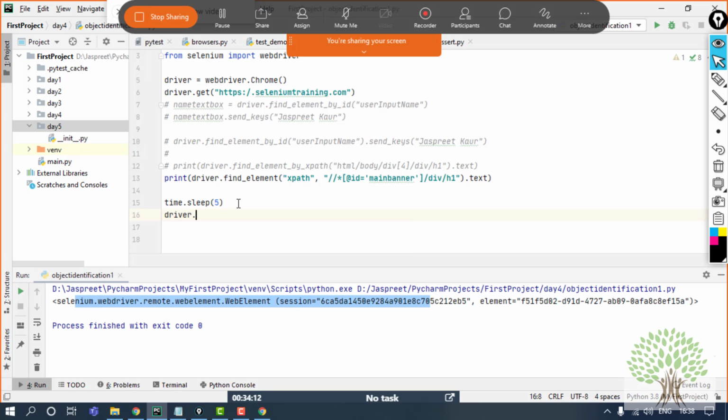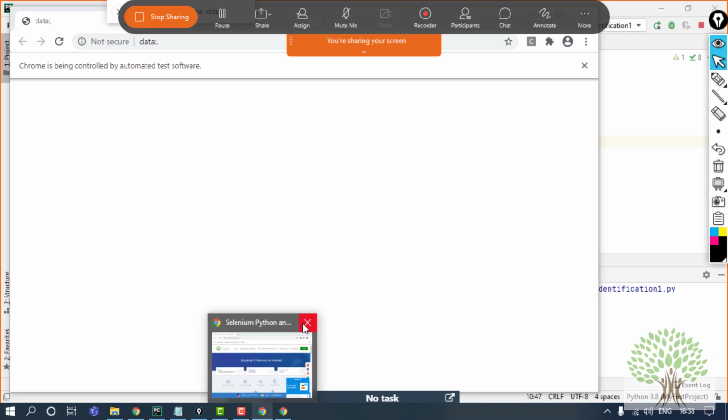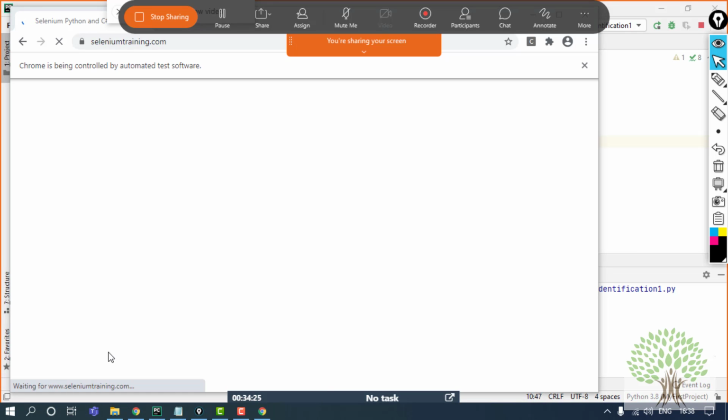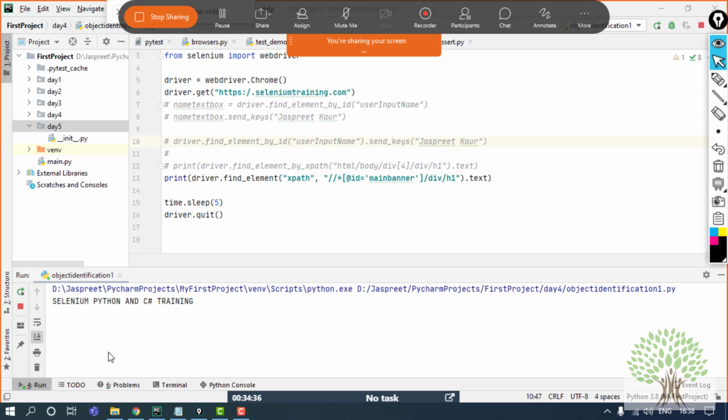And then I have the driver dot quit command. I told you about this quit command in the previous classes, what the role of this function is. So I'm closing the previous browser. So you can see over here that the browser itself got closed. I didn't do anything with the mouse, but it automatically got closed. This quit command is a generic function, so you can fire it on any browser that you want to.